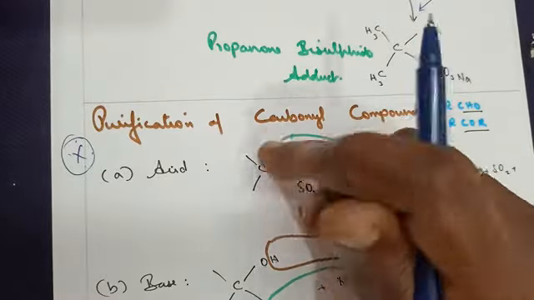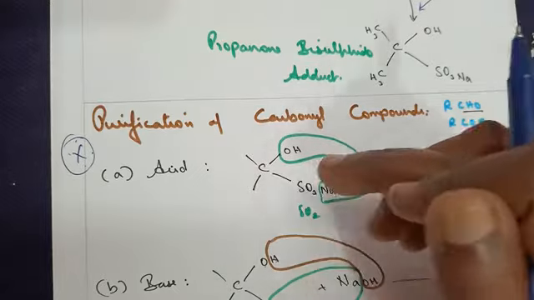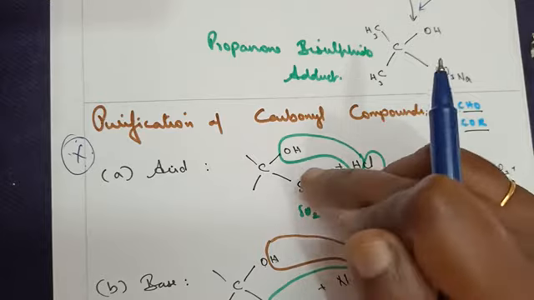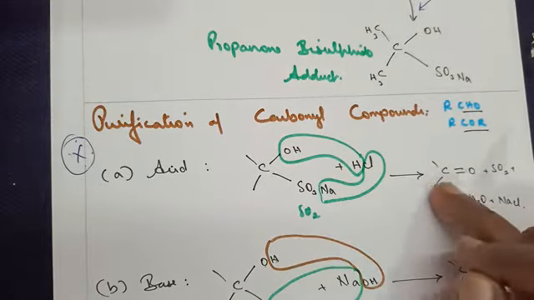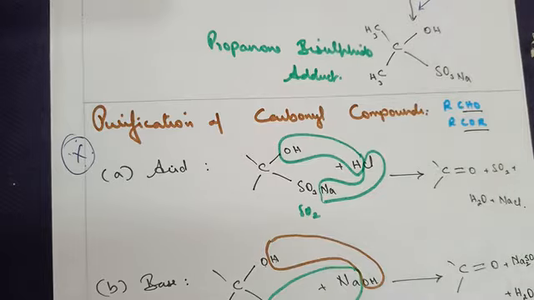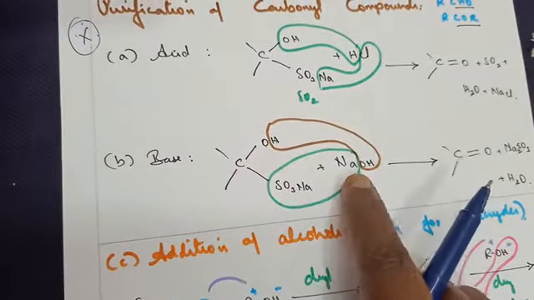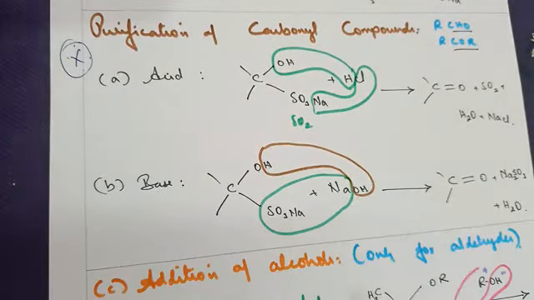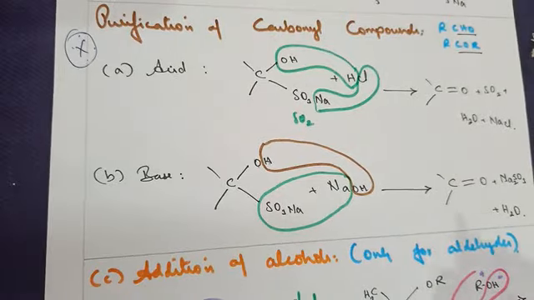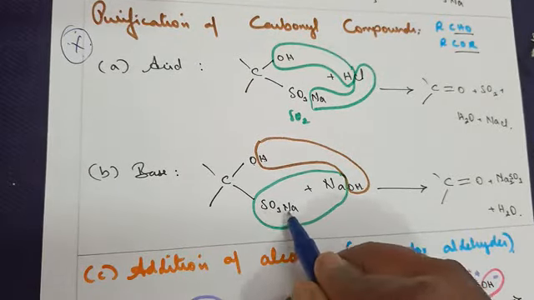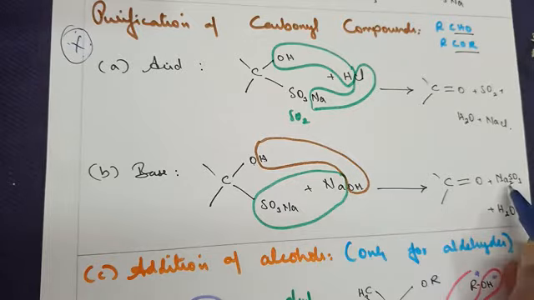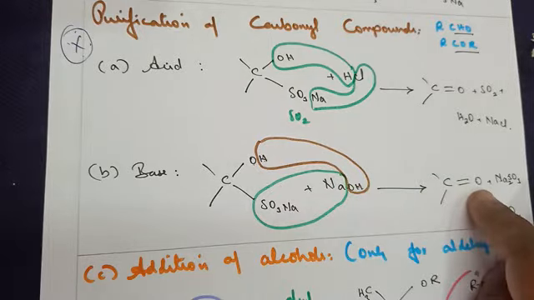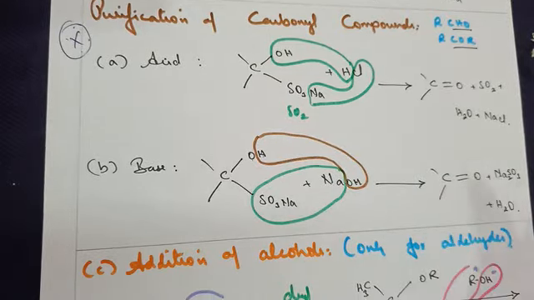So you are left with either a ketone or an aldehyde group. Out of the 3 oxygens, only 2 go out with the sulfur. 1 more oxygen is there. So we get back an aldehyde or a ketone group. Similarly, if you treat the adduct formation product with sodium hydroxide, which is a base, OH combines with a H and goes out as a water molecule. SO3 and 1 more Na go out as sodium sulfite, and we are left with 1 oxygen. So here again we get back the purified aldehyde or ketone group.